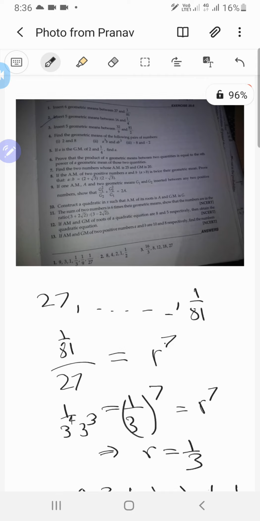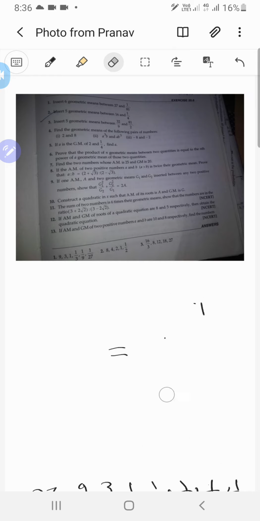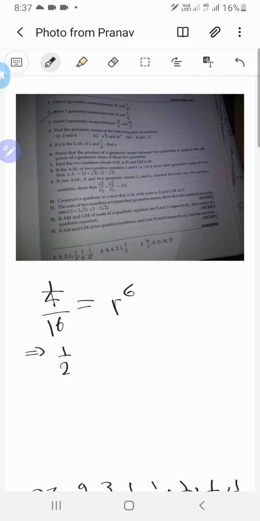Correct. Let's go to the next question, which is you have to insert five geometric means between 16 and 1 by 4. Fine, which means that (1 by 4) upon 16 is going to be that common ratio raised to the sixth power, because you have to do 5 plus 1 jumps. Fine. So this can be written as 1 by 2 to the 4 plus 2 equals 6 power, equals r to the 6,